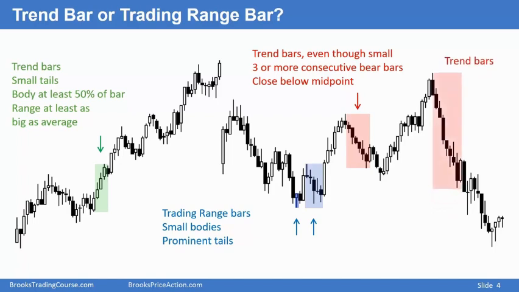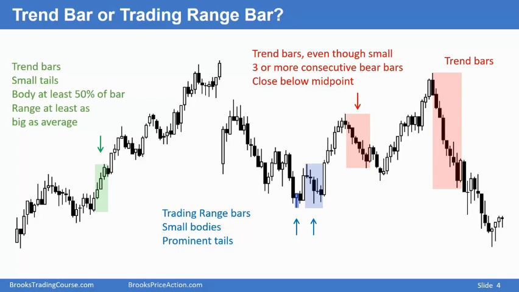Sometimes it's very easy to call a bar a trend bar. Here, the bars are big bars closing on their lows, consecutive bars. As soon as the bar closes, the next bar immediately sells off. As soon as this bar closes, the next bar sells off. So the high of this bar does not go much above the close of that bar. That shows urgency. The bears were eager to sell. So as soon as they see a strong bear close, a bar closing on its low, they sell. They sell at the market. Or they'll place a limit order as soon as this bar closes to sell at that close, and the market